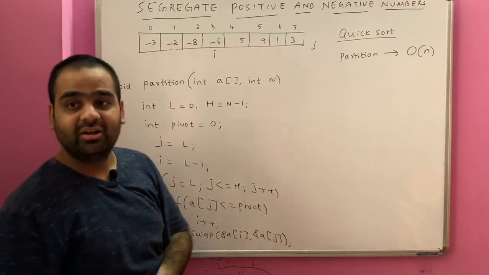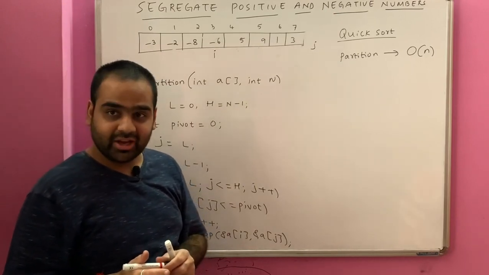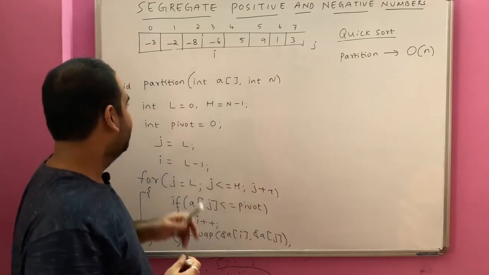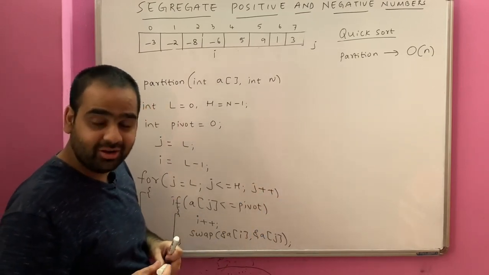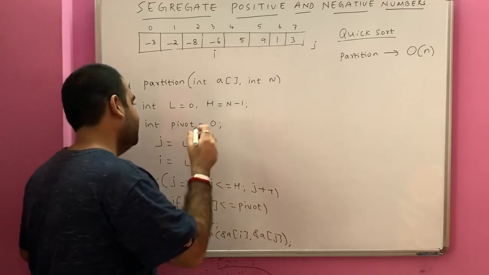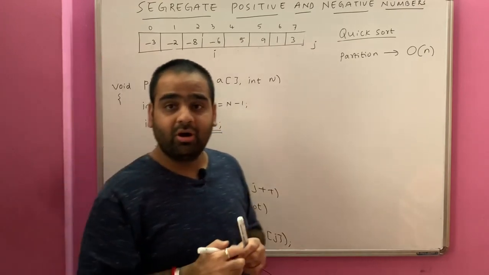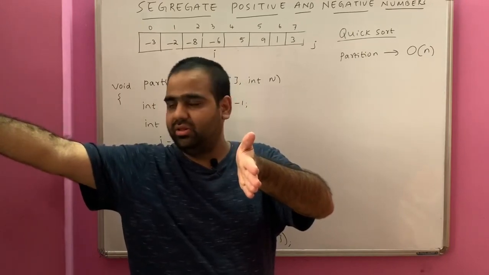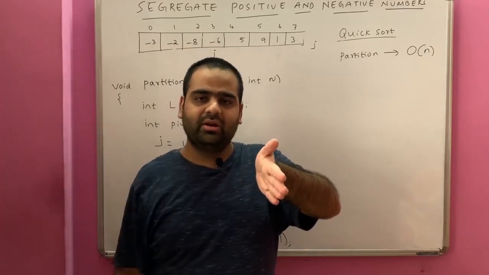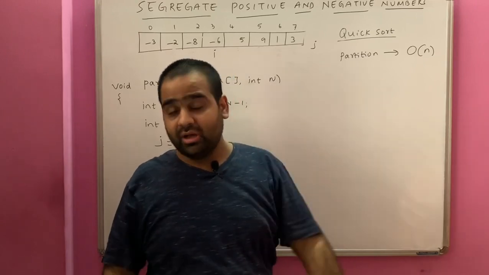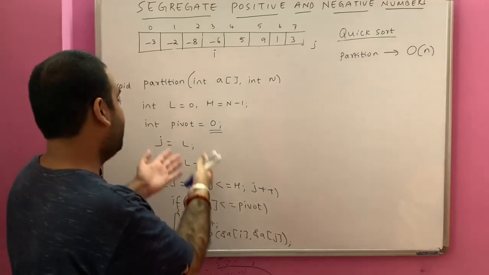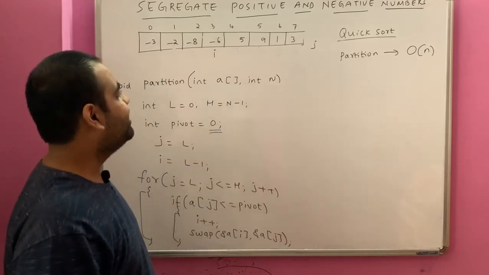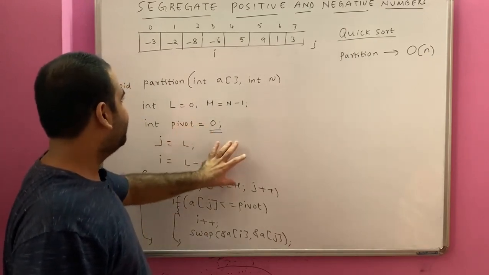You see that the numbers are being segregated in what time? Big O n time. The main thing is to use the partition of the quicksort with the pivot being 0, because pivot is such a point that all the elements on the RHS of pivot are greater than pivot and on the LHS of pivot are less than pivot. That is what we have done over here. Is that okay? This is how the partition of the quicksort can be done, and this happens in big O n time.